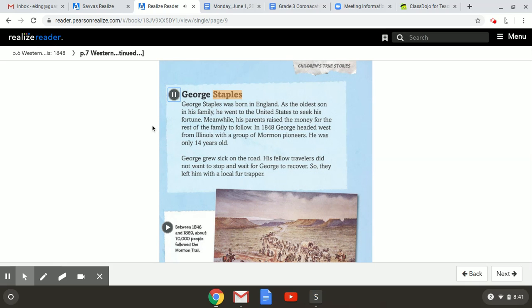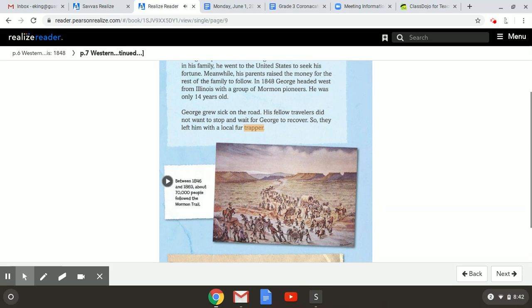George Staples. George Staples was born in England. As the oldest son in his family, he went to the United States to seek his fortune. Meanwhile, his parents raised the money for the rest of the family to follow. In 1848, George headed west from Illinois with a group of Mormon pioneers. He was only 14 years old. George grew sick on the road. His fellow travelers did not want to stop and wait for George to recover, so they left him with a